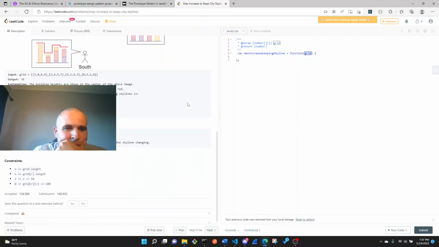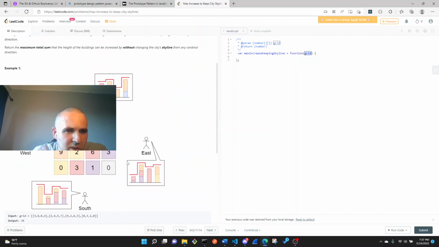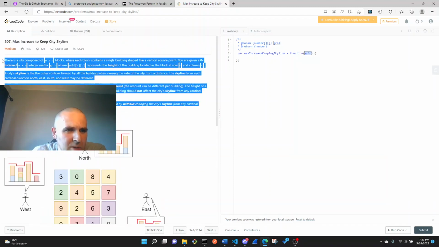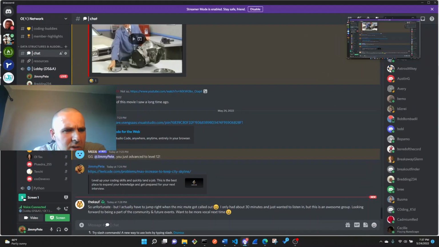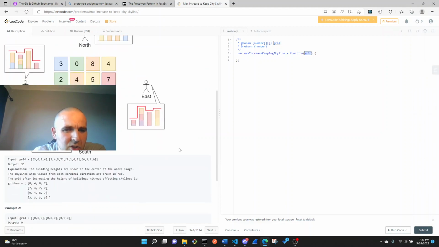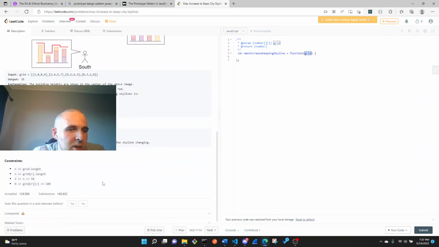All right, cool. So a couple more things that you want to think about, not just the problem, is the constraints. And I believe it was Include who mentioned you want to think about edge cases. Right? So the grid length is going to be, because you could see that the grid is actually an array with arrays inside of it, right? So n, or the grid length, in this example is 1, 2, 3, 4. So there's 4 blocks